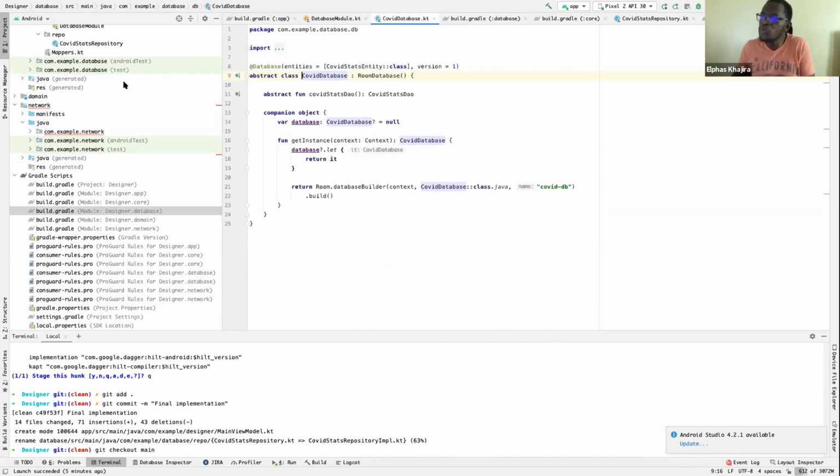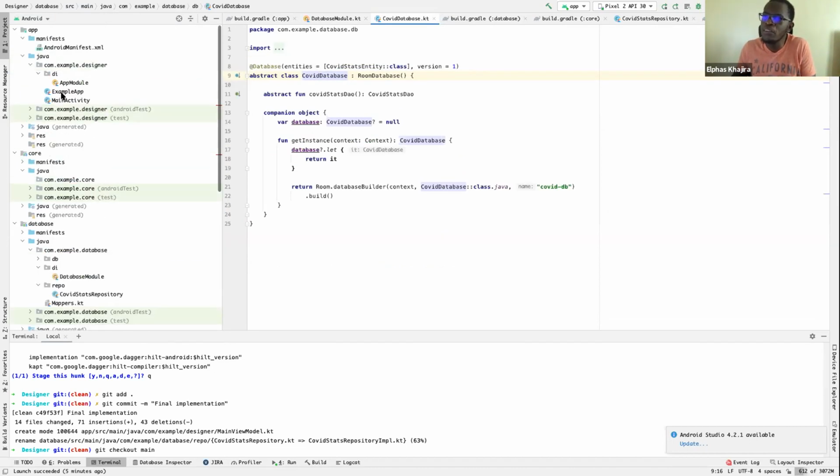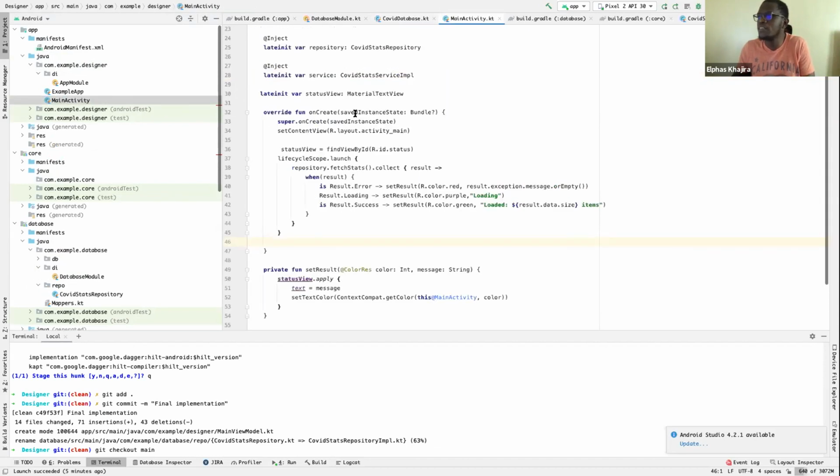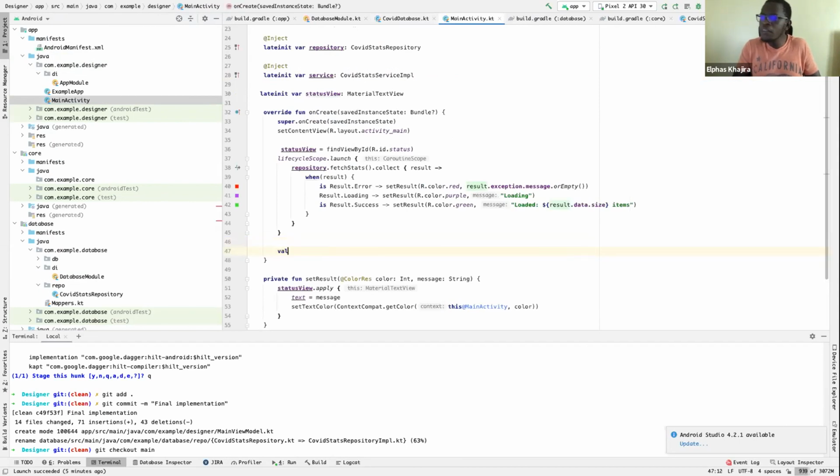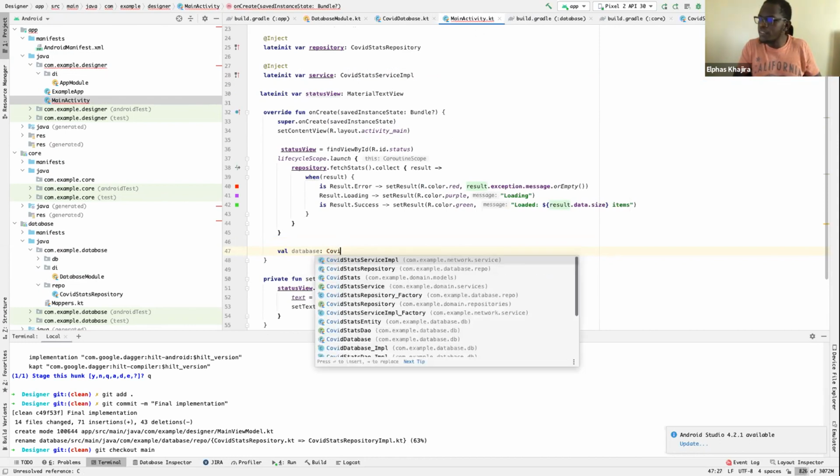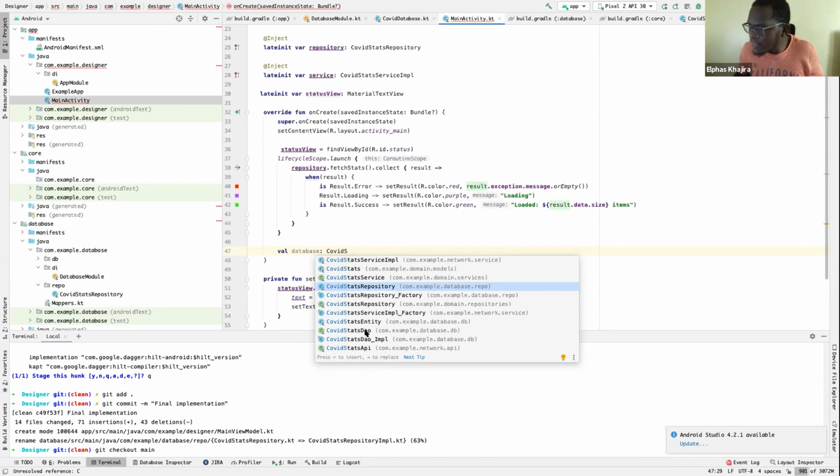So right now the problem is, if I come to this class, which is my main activity, and do something like val database, COVID stats, I can see things like COVID stats DAO. I can see DAO.